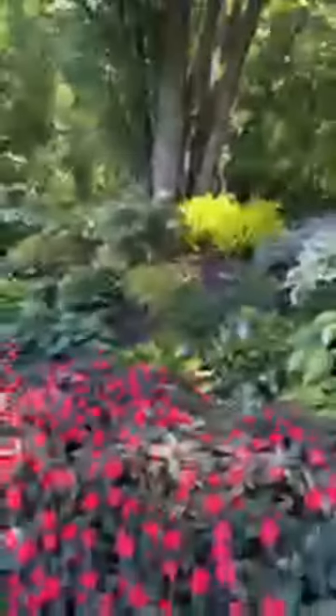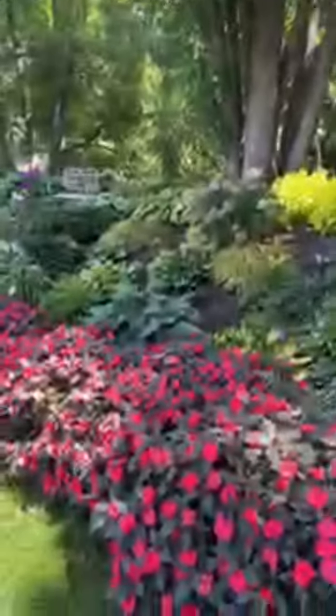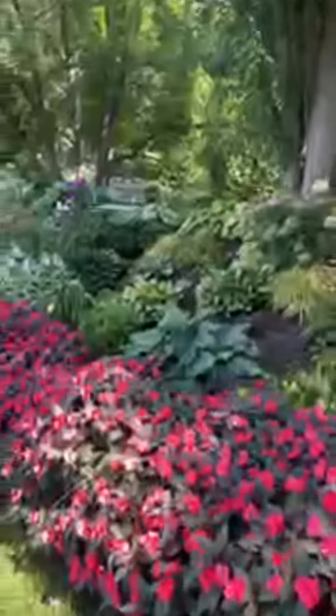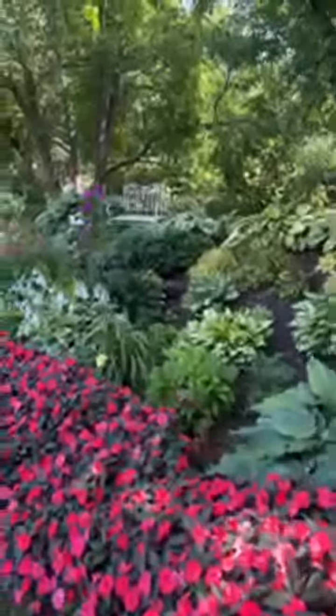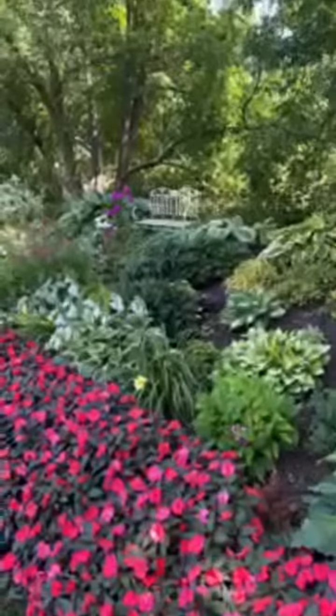So in this garden, as we transition into a little bit more sun, we're still doing a little bit of the hostas that can handle full sun. There's some Brunnera, an Astilbe. Now these things aren't blooming right now, but those are some of the colors that are in this space. Bleeding Heart, Lenten Rose,